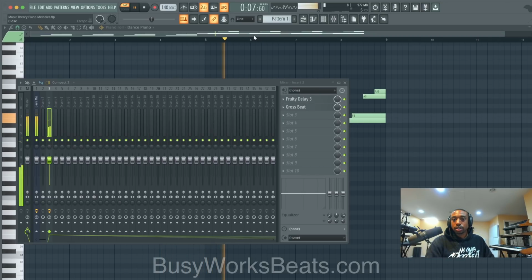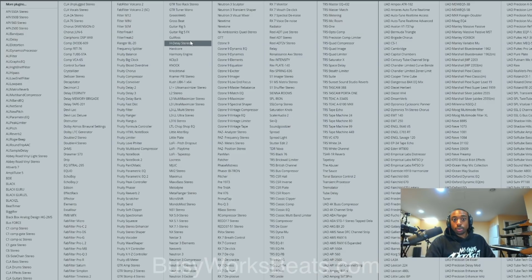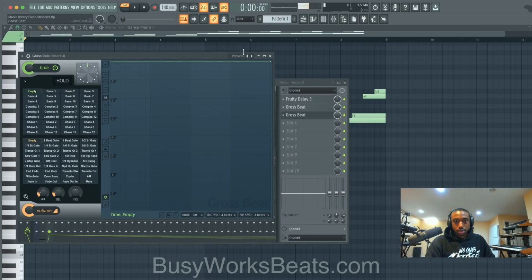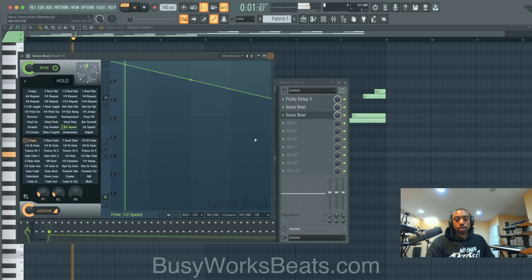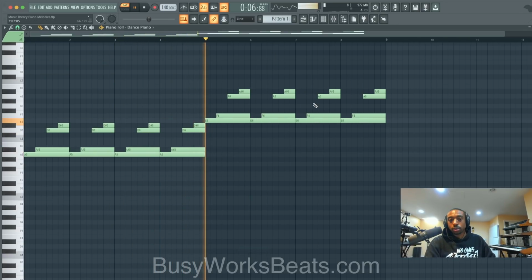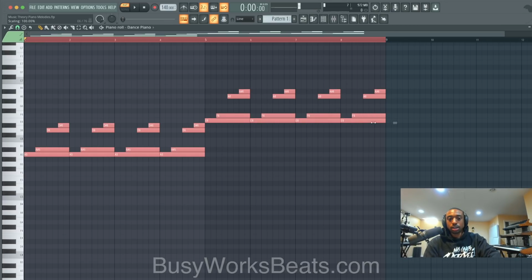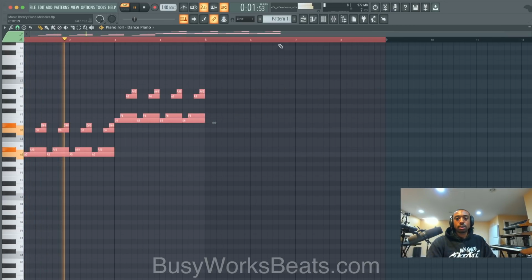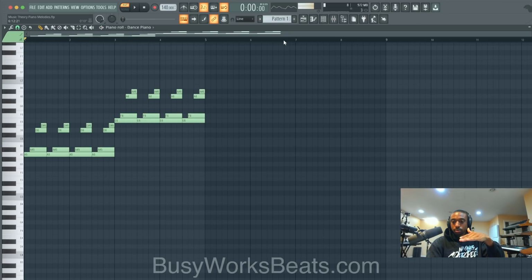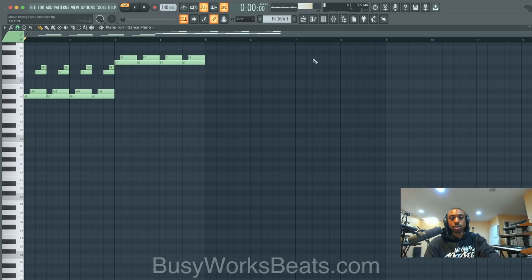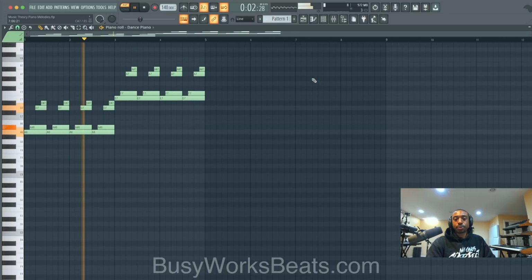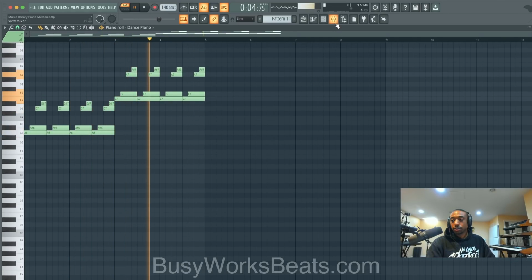So you can use one as like a counter melody, and then you can open up another Gross Beat and then make everything feel slowed down. Go back to momentary, go to half speed. And again, if you want all the notes, you just have to pull them in. So hit Control A again, hit Alt, left click, drag it in. And that way you get the doom, doom, and you get the speed of the actual sound, but it still feels slowed down. So I just hit Control Up.